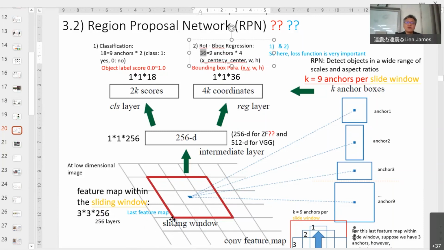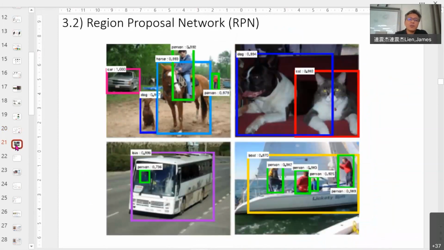After you apply the 3 by 3 by 256 convolution filters, you become a 1 by 1 by 256 dimension vector. 就是每个 grid 的大小当成3乘3乘256的 map，就变成256个 dimension 的 feature vector，然后再从这个 feature 去做 loss function。这个就是 RPN。好，待会我们会再继续讲更多 details。